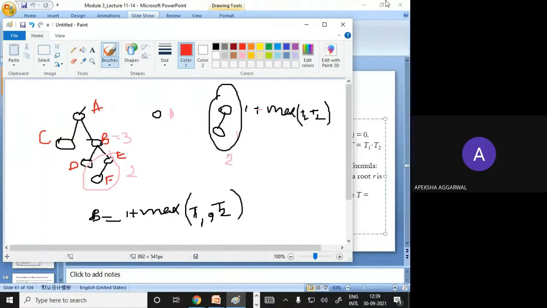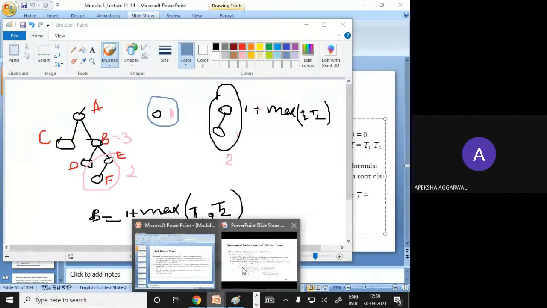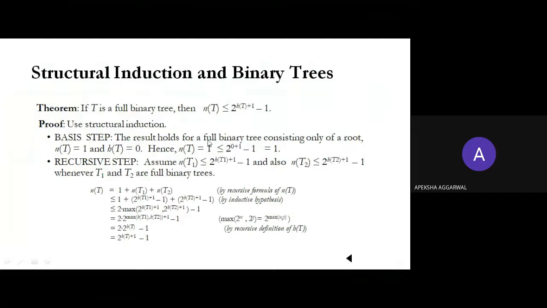If you look at this part, it has only one node, and the height is 1. So what is the formula saying? If it has only one node, the maximum number of nodes is less than or equal to 2 to the power 1 plus 1, that is 2 to the power 2 minus